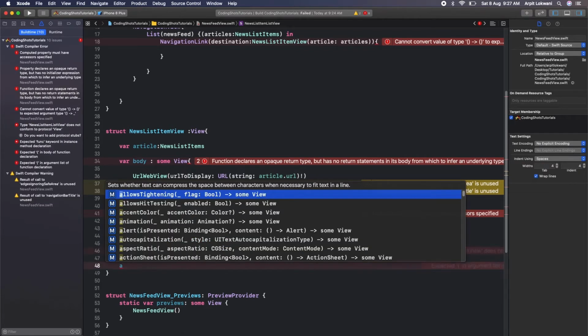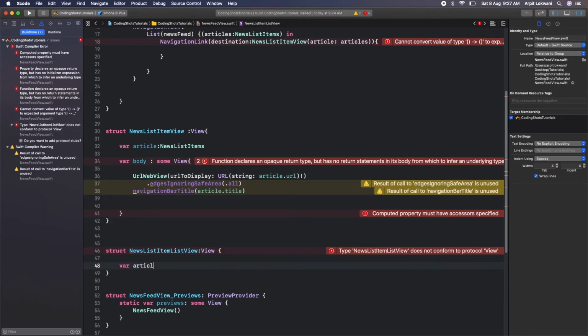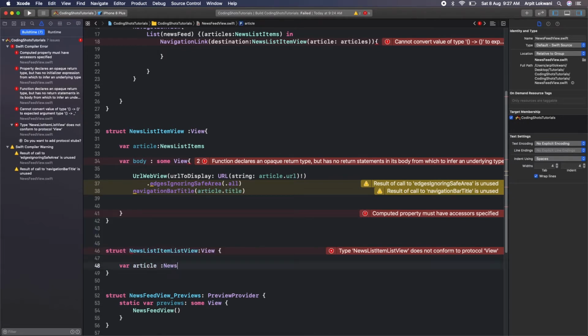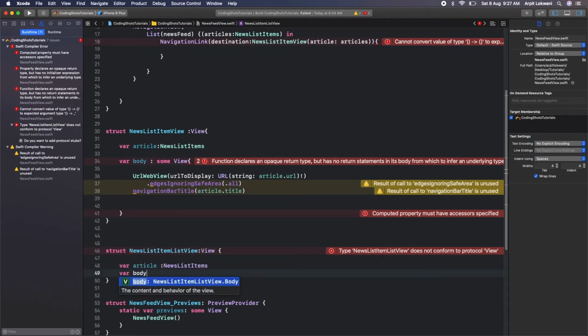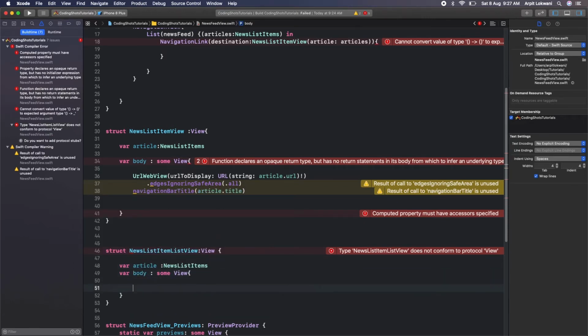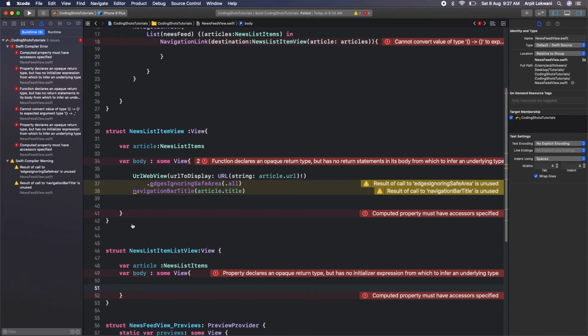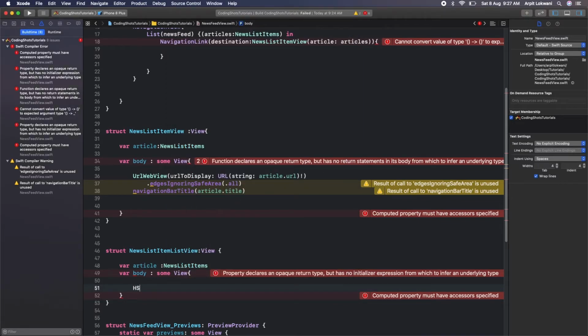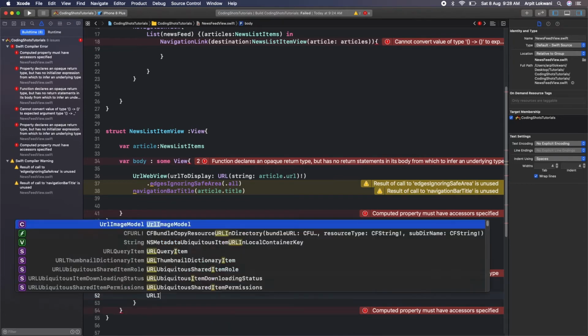So we can say where article of type news list item inside the body, having some view. Now we have seen in the view that this image is horizontally placed with these two titles, so we can say horizontal stack, URL image view.